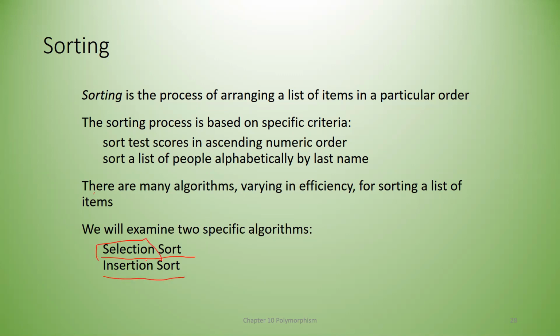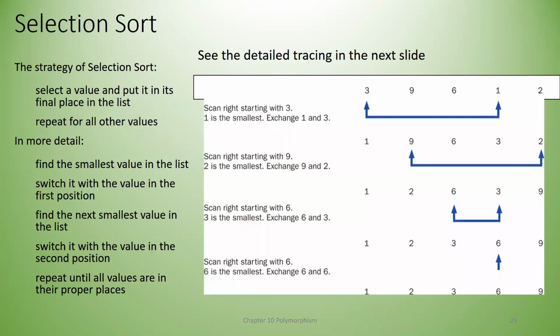Selection sort, because of the name, you know what it does. It selects, that's why we call it selection sort. It selects the smallest element and places it at index 0. Then it selects the next smallest and places it at index 1, and then selects the next one and places it at index 2, and so on. That's how it works. If you look at this once again, this is position 0, 1, 2, 3,